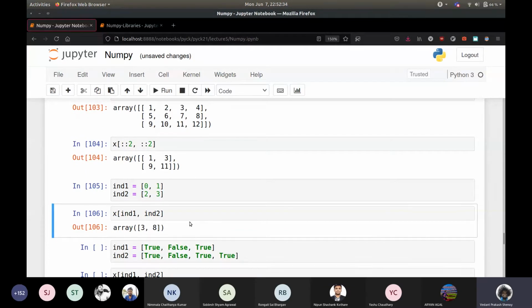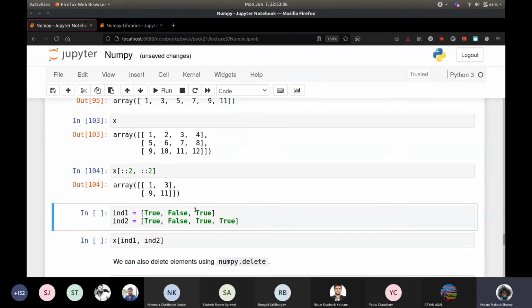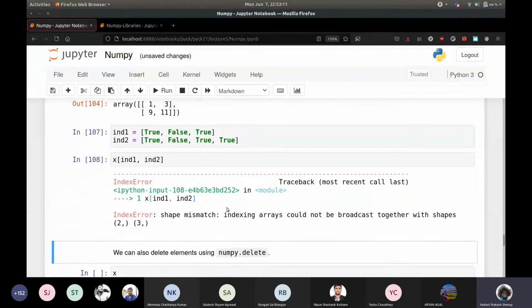Okay, now what is happening here, right? It doesn't work like you wanted it to. What did you expect it to do? You sort of wanted 0, comma 2, 1, comma 3. What it gave you was, oh yeah, it did give you 0, comma 2, comma 1, comma 3. Sorry, it was this example that I wanted to show. So you can index like this, but you cannot index with two Boolean arrays. Because if you try that, you get a shape mismatch.